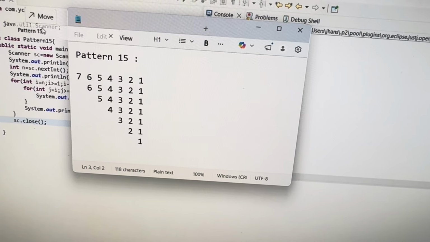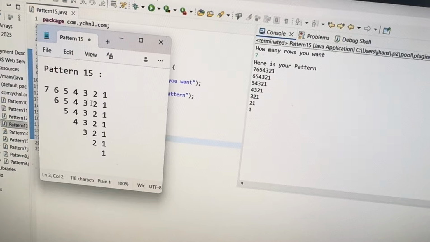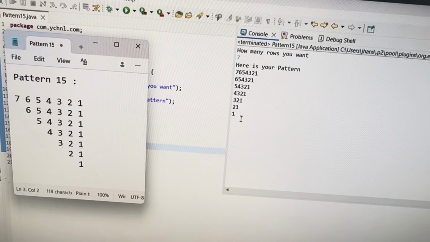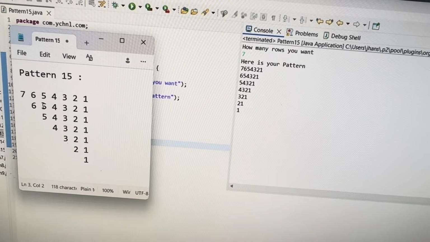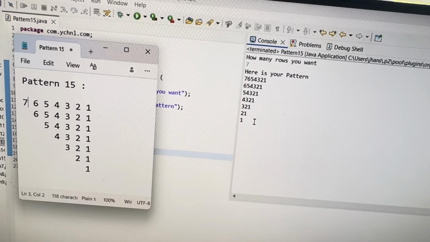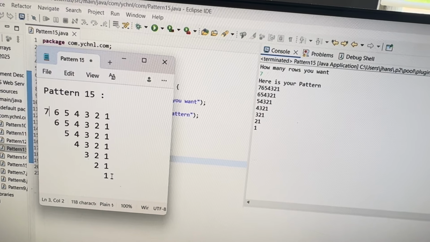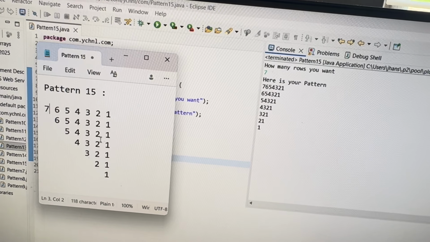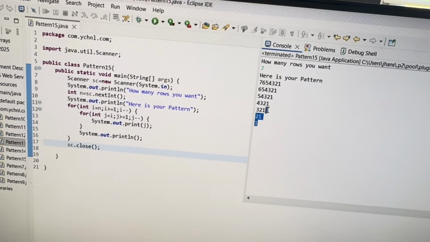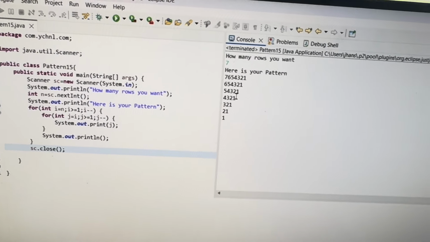If you compare this, this is the pattern we want and this is the pattern we got. 7651. Okay, so we got all the numbers in the pattern. Whichever output pattern we want, like that only all the elements got printed, but what is the difference, except